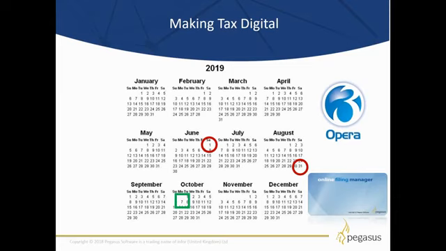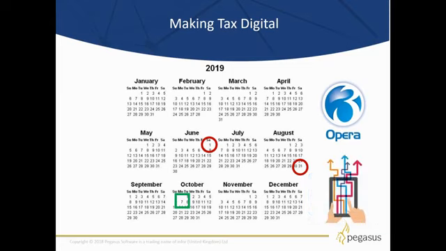Within Opera 3, there is an option within the software to switch from the current online filing manager submissions to the new MTD VAT API submissions. Remember, I said earlier that the new MTD VAT API will be available to you to install from February 2019. It can be installed at any time from that date because it allows the existing online filing manager to submit your VAT returns under the current system, and when you're at the point in your VAT period end where the submission has to be made under the new MTD rules, then you would simply switch the software to use the